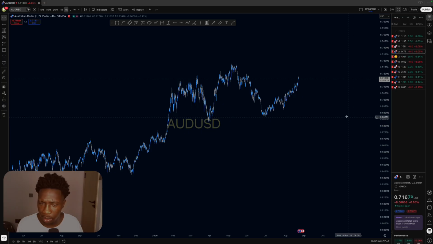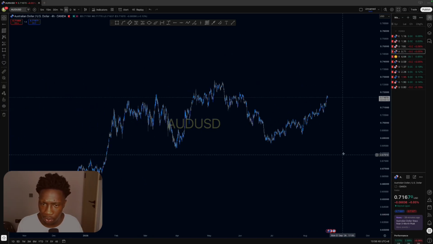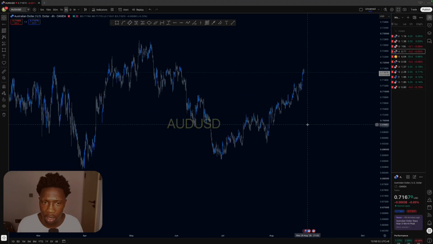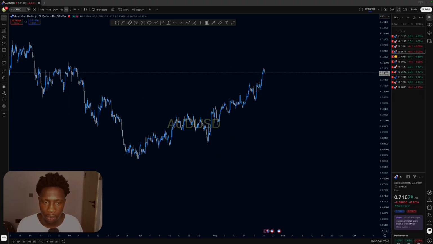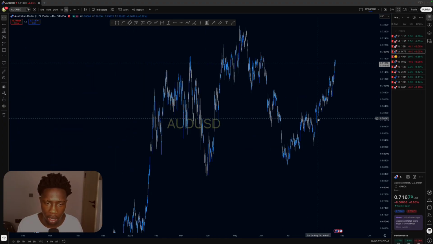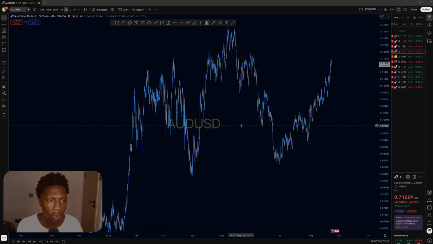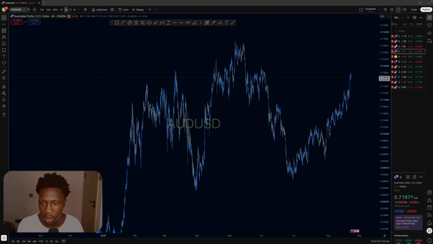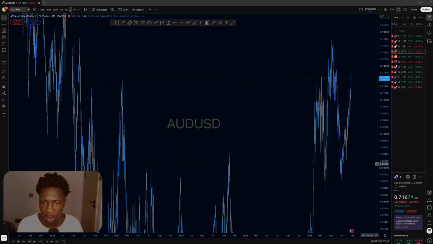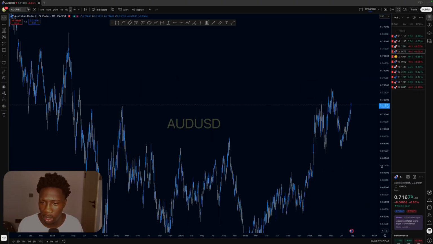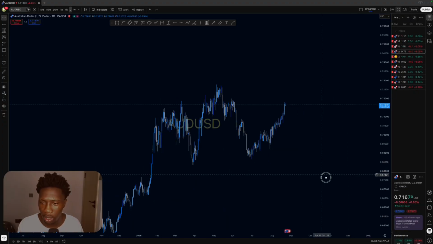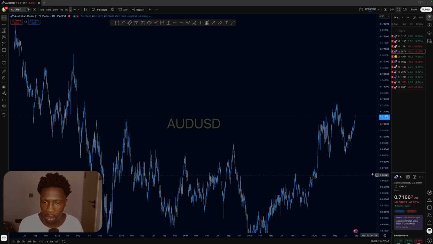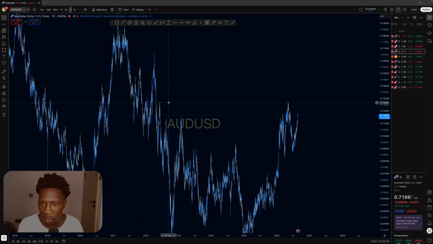carefully. But AUD, I don't usually trade it. I can't say I hate trading AUD USD, but it's hard for me to see where it is going and why it is going there. This is the area that I need to focus more on, but also I need to see from the left what is causing this type of